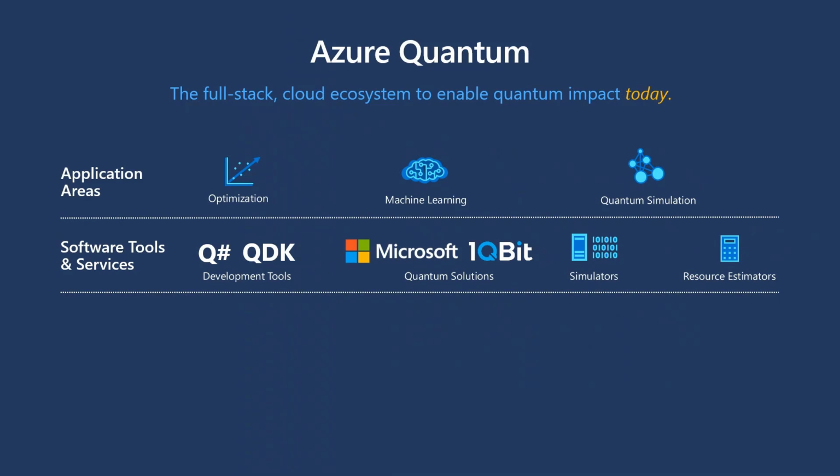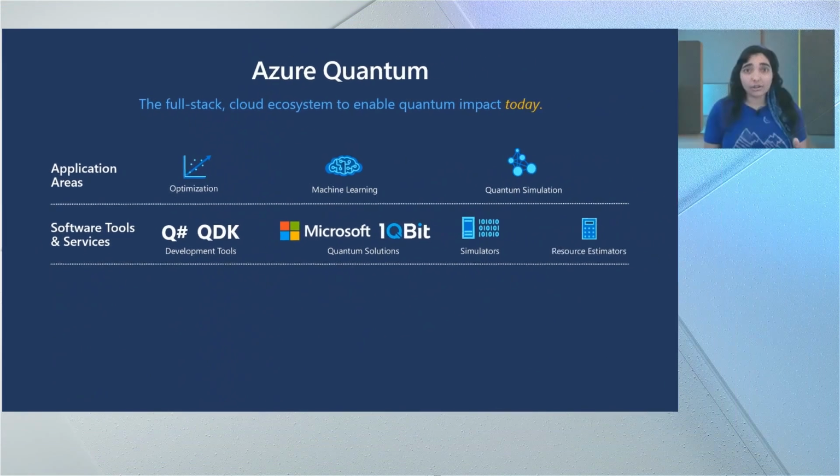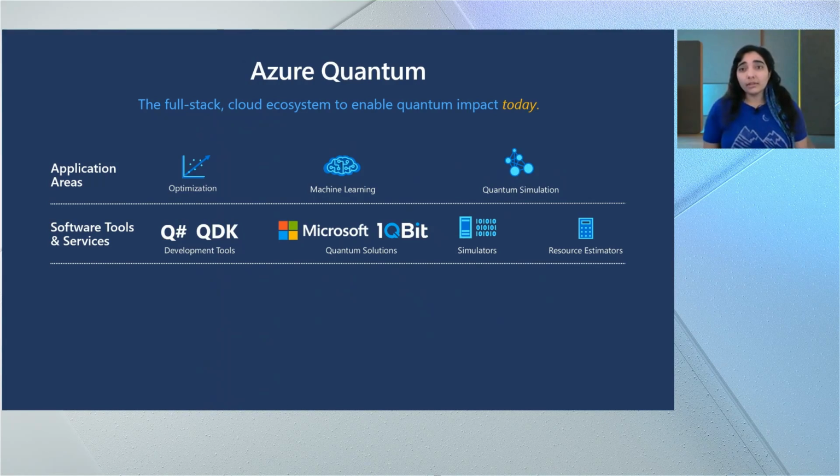Just like many classical languages that you probably use today, Q# allows you to write code once that will execute against multiple different targets, be those simulators, resource estimators, or in fact, real quantum hardware. You can write code in an environment that you're familiar with, like VS Code or Visual Studio or Jupyter Notebooks, for example, and make full use of powerful debugging and resource estimation capabilities to start designing algorithms today that tackle your hardest problems using as few quantum resources as possible. This will enable you to take advantage of full-scale quantum hardware as soon as possible.